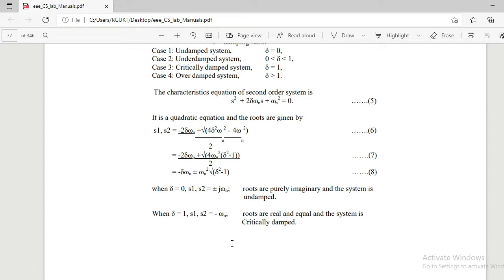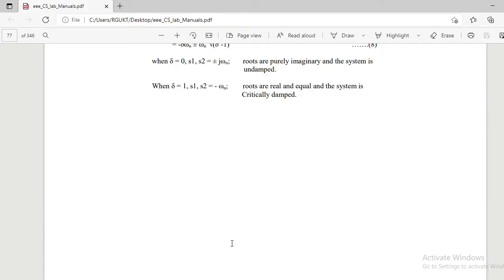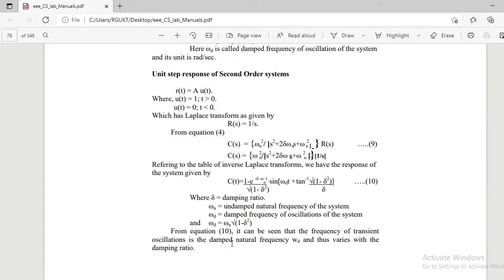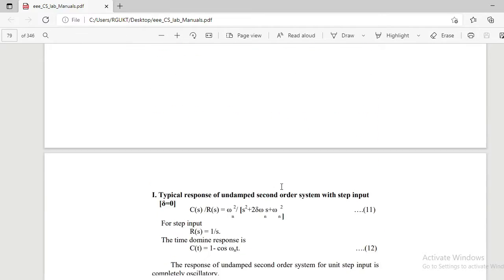Depending upon the classification, for case 1 the nature of the roots will be different. For case 2, the nature of the roots will be different. For case 3 and case 4 also, the nature of the roots will be different. Once you solve the characteristic equation, then you may get the nature of the roots. That was already studied in our control systems subject. Now, what do we need to do? Here I am assuming your input as a step. Then if you apply Laplace, you will get 1 by S. If you substitute that, it gives the step response output of your second order system. When the input is a step, the equation for C of T is this. This is all you have studied in your control system.